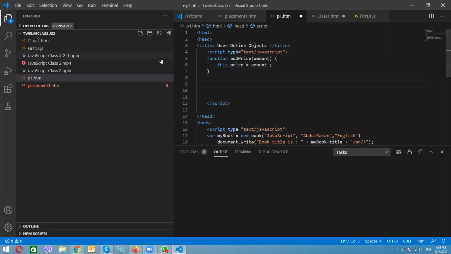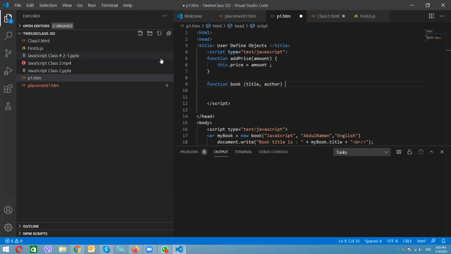Let me create another function with the name book. What does book have? I will pass two properties, title and author.